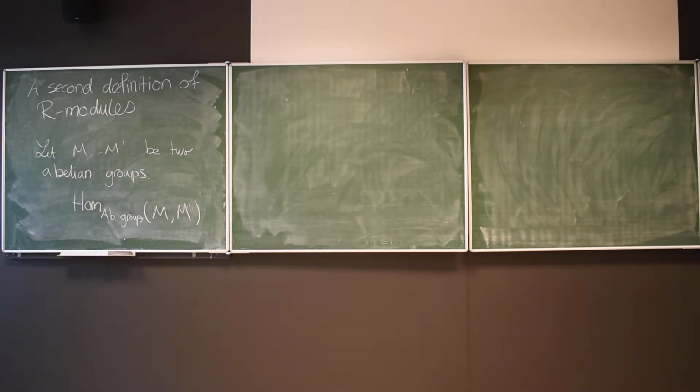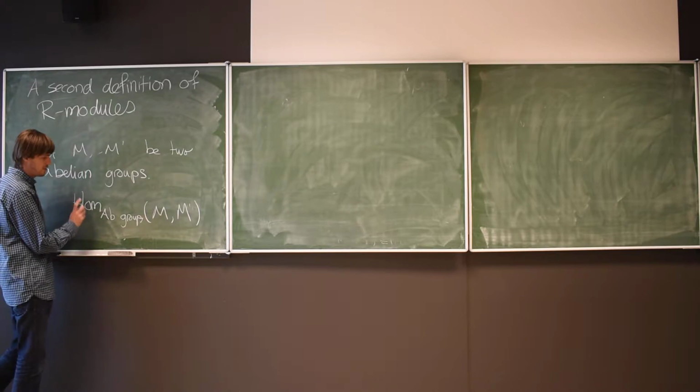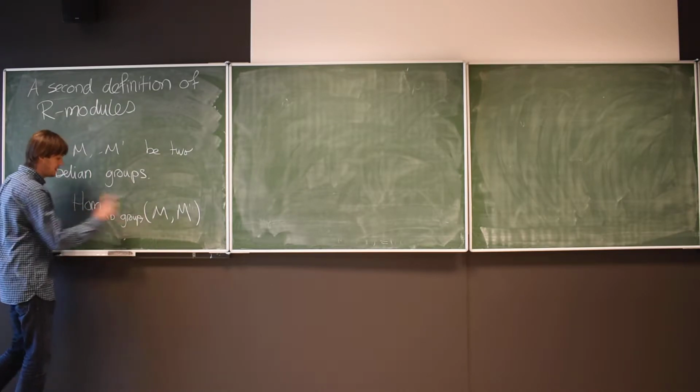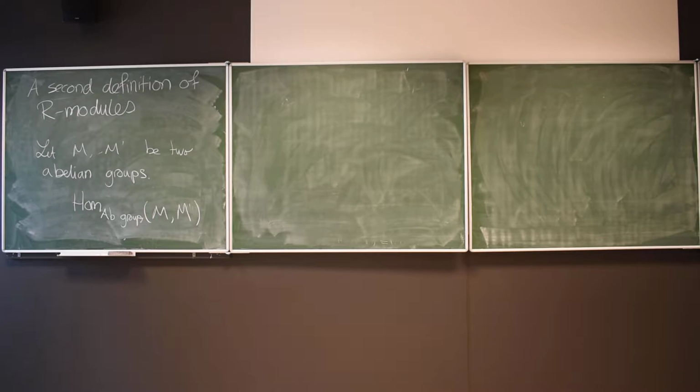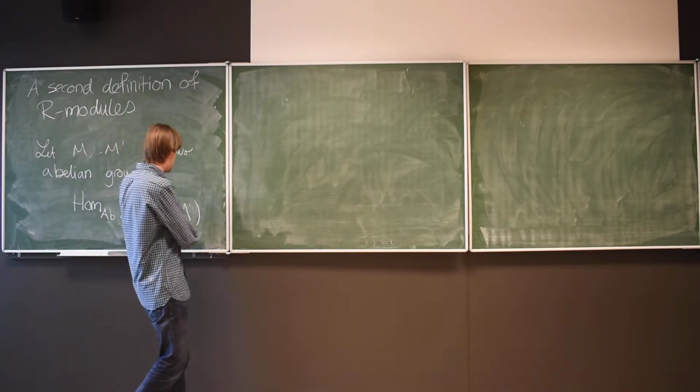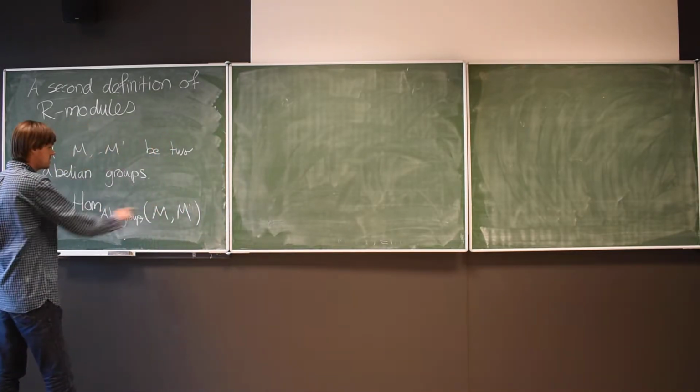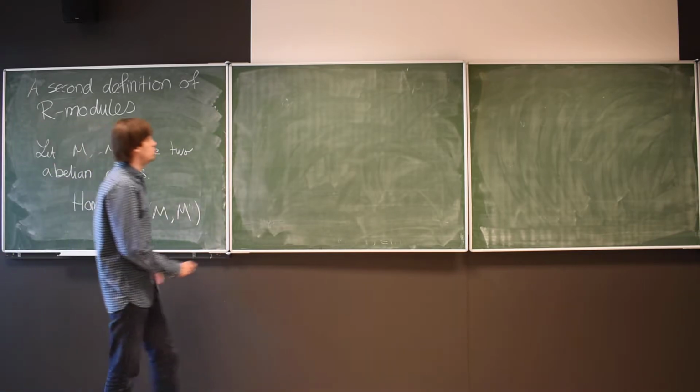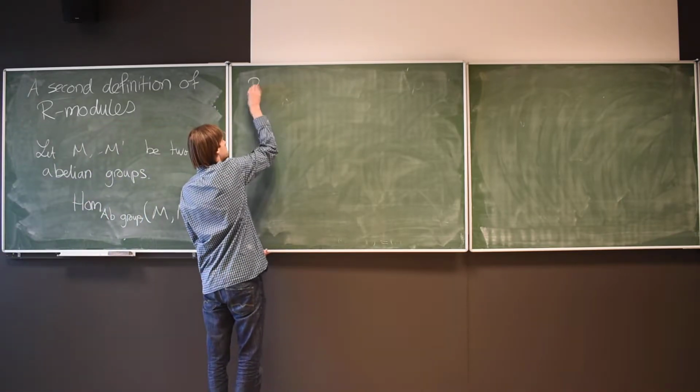So he explained that you have these composition laws on these Hom sets. But actually, for the category of abelian groups, this is quite a particular category. In this category, you also have a way to add morphisms of groups. So we can define actually on these Hom sets the structure of an abelian group. So definition: